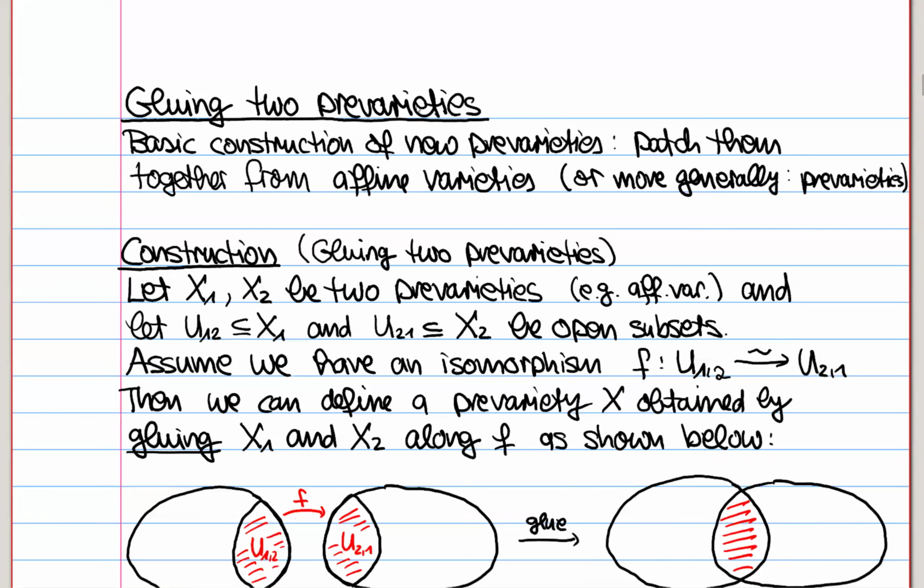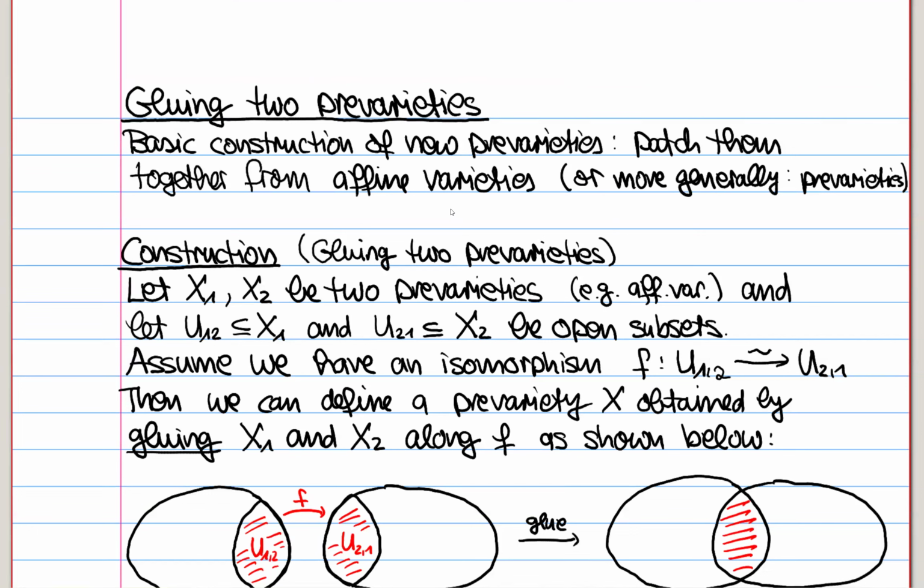We have defined prevarieties to be ring spaces which have a cover by affine varieties. And we have seen that affine varieties and the open subsets of them again give us prevarieties. But now we would like to construct some things which don't come just as open subsets of affine varieties. And for this, we need a basic new construction, because we can get new prevarieties by patching them together from patches